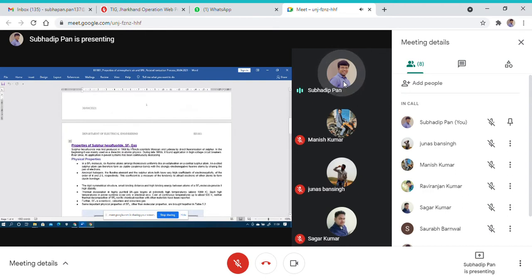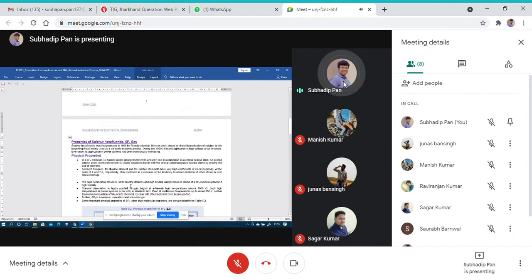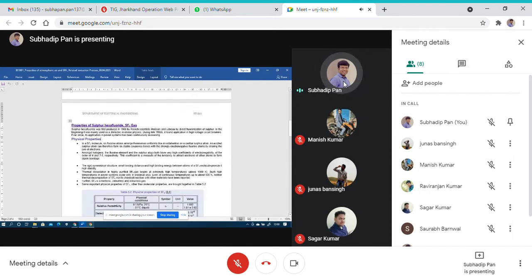This SF6 circuit breaker is mostly used in various power plants. Now, what are the various physical properties of this particular SF6 gas? The first thing is that these properties are purely based on inorganic chemistry. This SF6 molecule is actually one molecule which is divided into several parts of sulfur. Six fluorine atoms arrange themselves uniformly like an octahedron on a central sulfur atom.